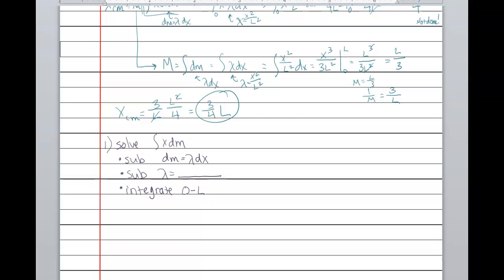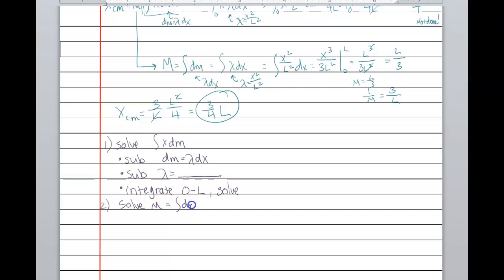Our limits for that integral are going to be 0, which is one end for our reference point, the length of the object, or L if you don't know it, and solve. Okay, but then we're not done. Then we needed to solve for m,